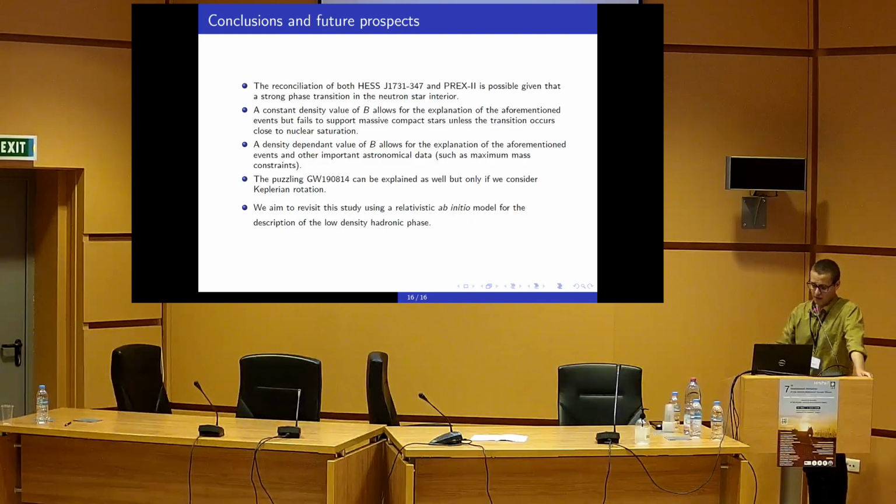So briefly, with the concluding remarks, the reconciliation of both of these events that we have discussed is possible, but a strong phase transition is required in the neutron star interior. We saw that the constant value of B allows for the explanation, but there is a problem with reproducing large masses for neutron stars, and this problem seems to be solved when we employ a density-dependent value for the bag term. And also the puzzling gravitational wave event that we just discussed can only be explained under the assumption